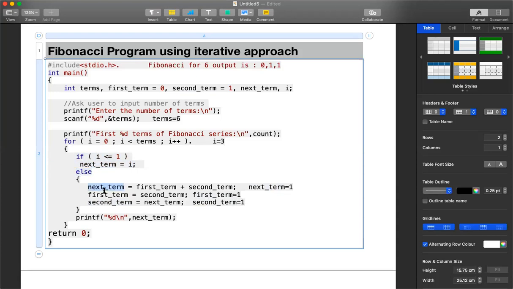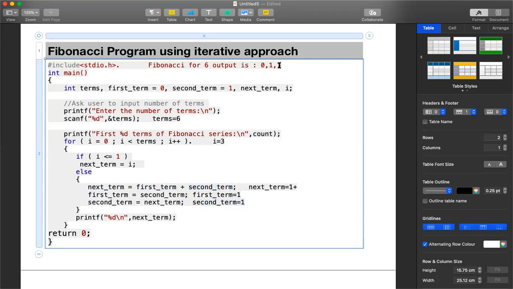What is next term? Right now next term is the current first term value. What is the current first term value? It is 1. So next term will be 1 plus second term. What is the current second term value? The current second term value is also 1.